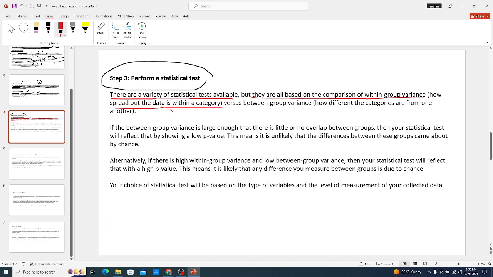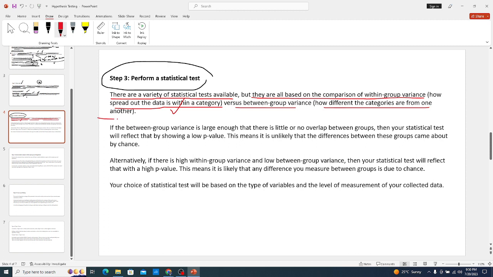So here we'll be trying to calculate the variance of these two data sets, the data for the height of men and the height of women, versus between group variance,